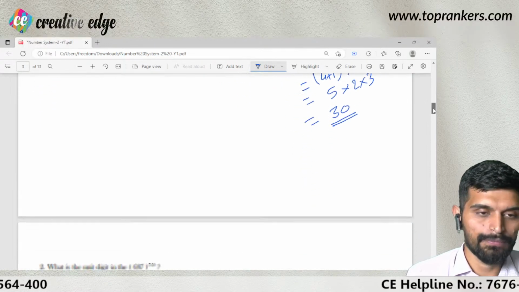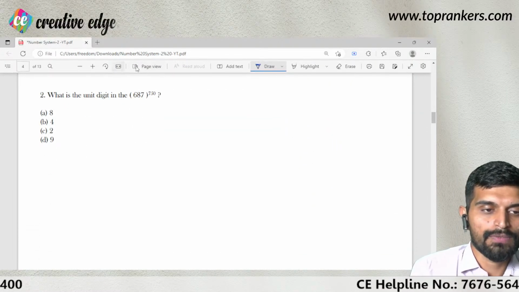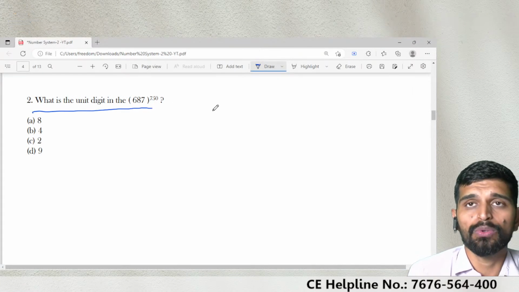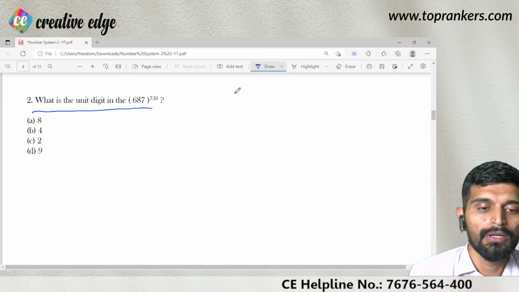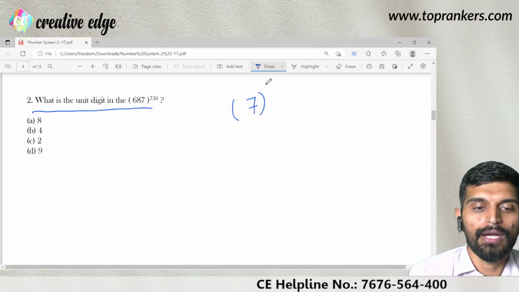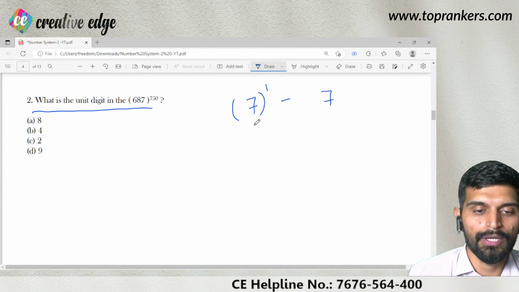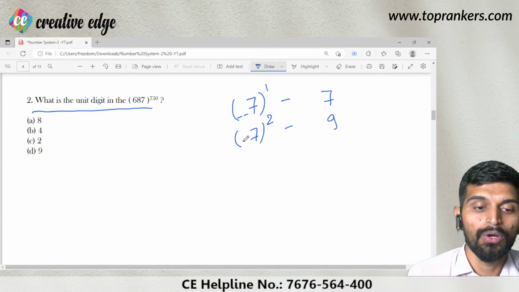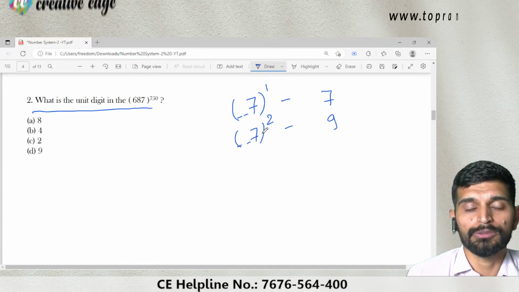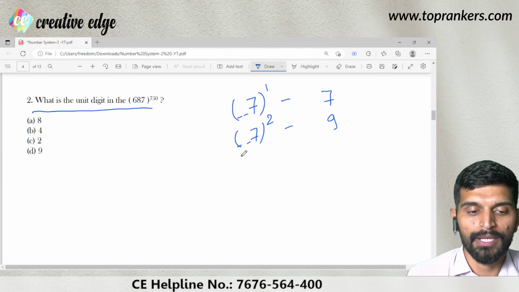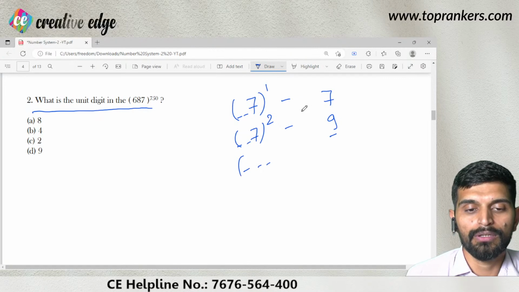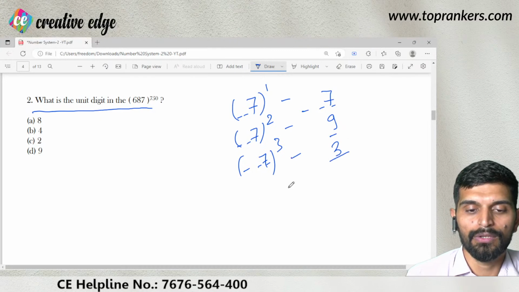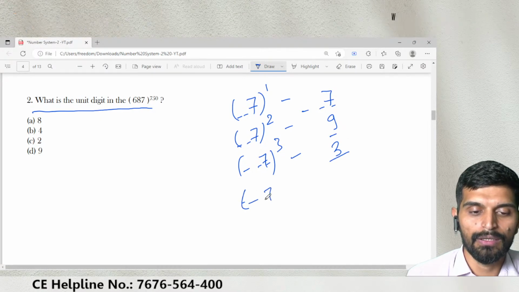Next we have: what is the unit digit of the given number? For this we need to know the digit cycle of each number. Say here we have 7. If you take 7 to the power 1, you get the unit digit as 7. If you have 7 to the power 2, you'll have 9 as the unit digit. We are talking about the unit digit value. So with 7 to the power 3 you'll have 3 at the unit place,